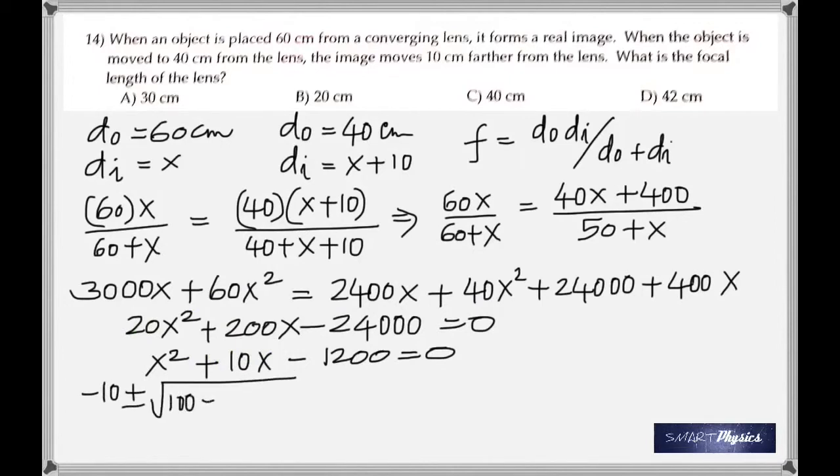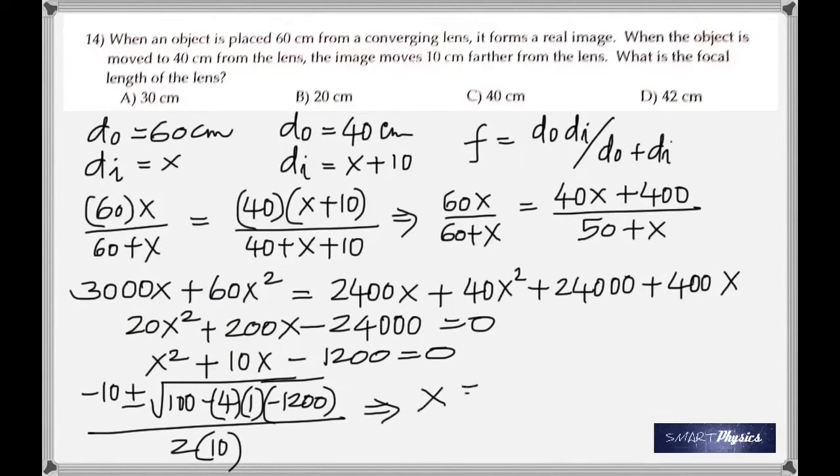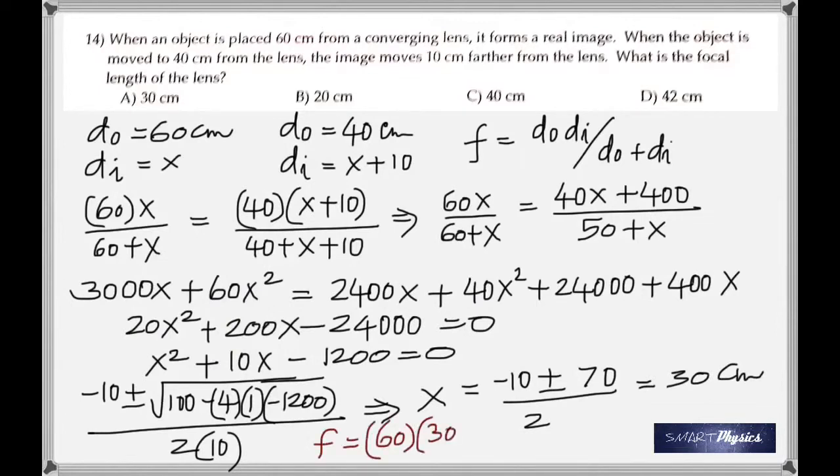And once you get the quadratic equation, solve it using minus b plus or minus square root b squared minus 4ac by 2a. And it's not 2 times 10, it's 2 times 1 here. I need to change that. So when I do that, I get